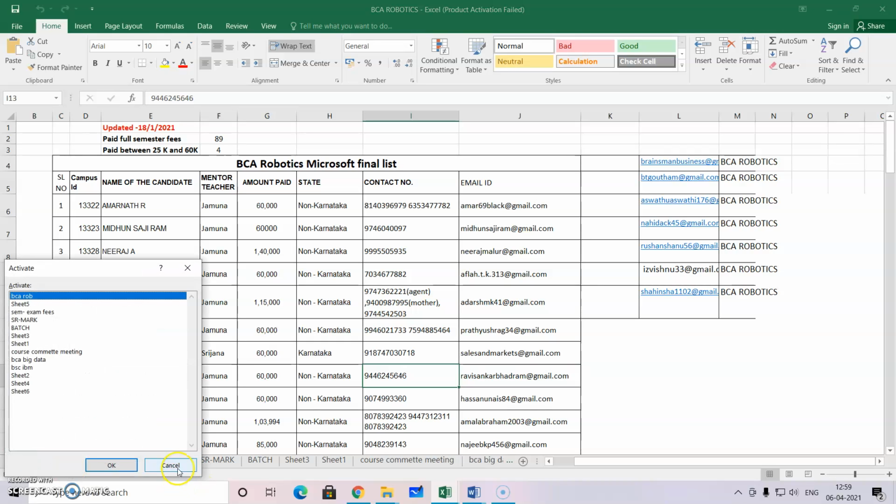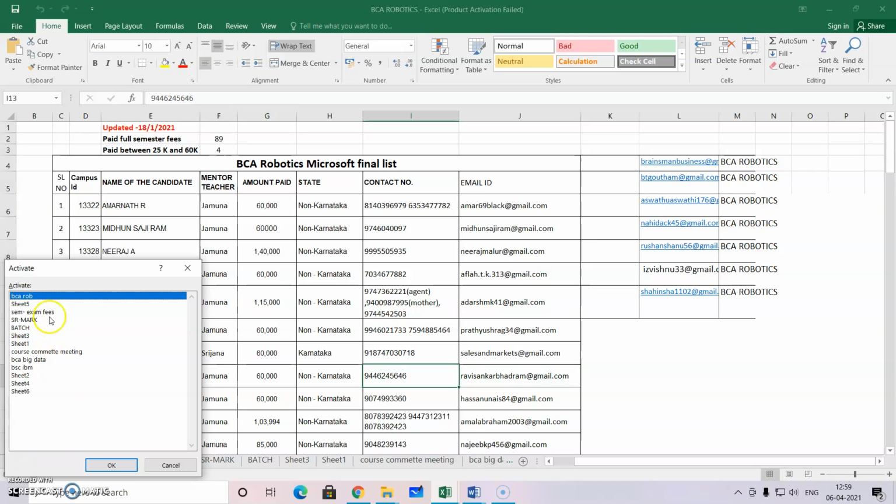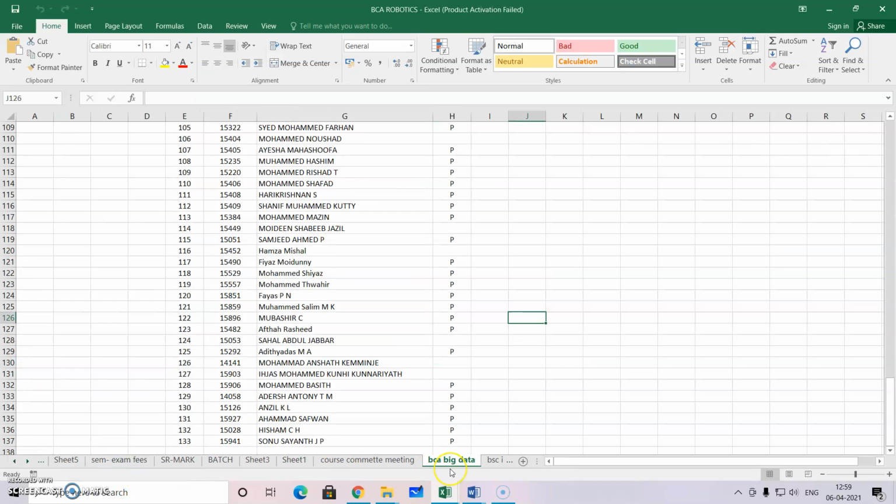I keep my mouse pointer over there and press the mouse right button. Now you can see the different sheets available in the BCA Robotics workbook. If I click on BCA IBM or BCA Big Data and press OK, it directly goes to that particular sheet.